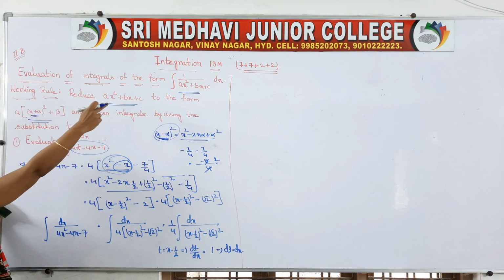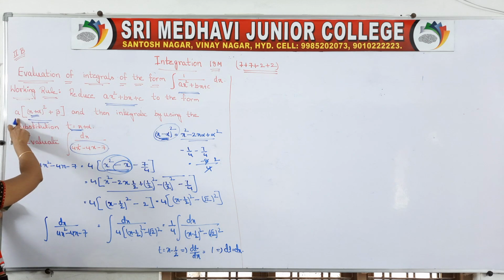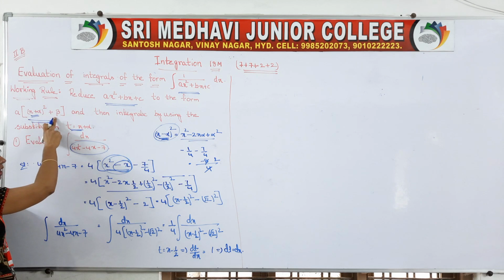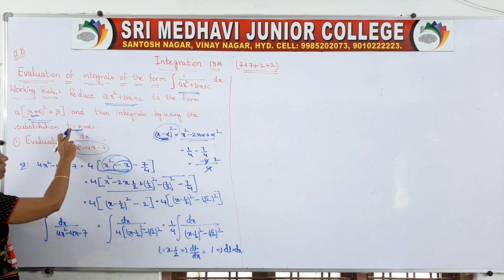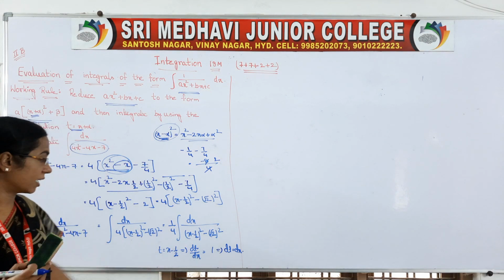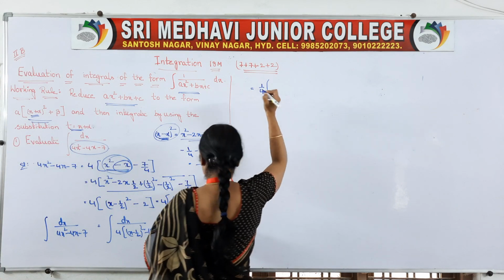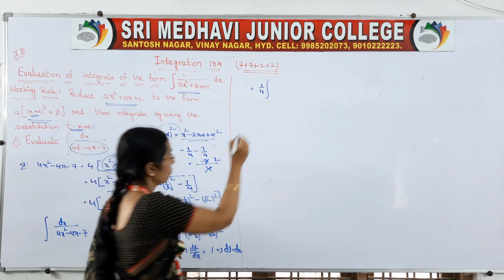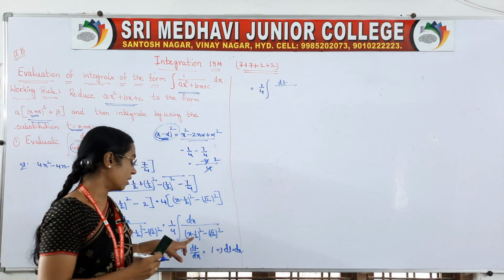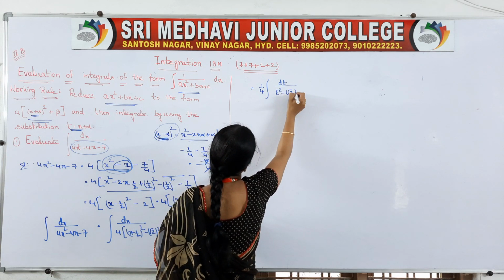This is the working rule whenever the problem is like that. So reduce that to this form. Which form? A into x plus alpha. Here alpha can be positive or negative. Same thing, beta can be positive or negative. And then integrate by using the substitution. Now what happens to your problem is equal to 1 by 4, right? Integral, in place of dx we will write dt. And what is this? This can be taken as t square minus root 2 whole square.